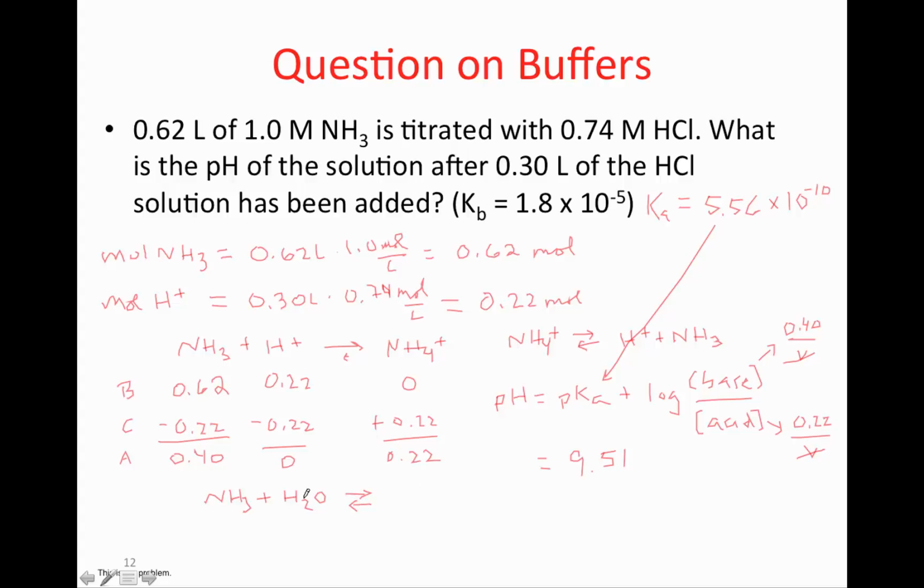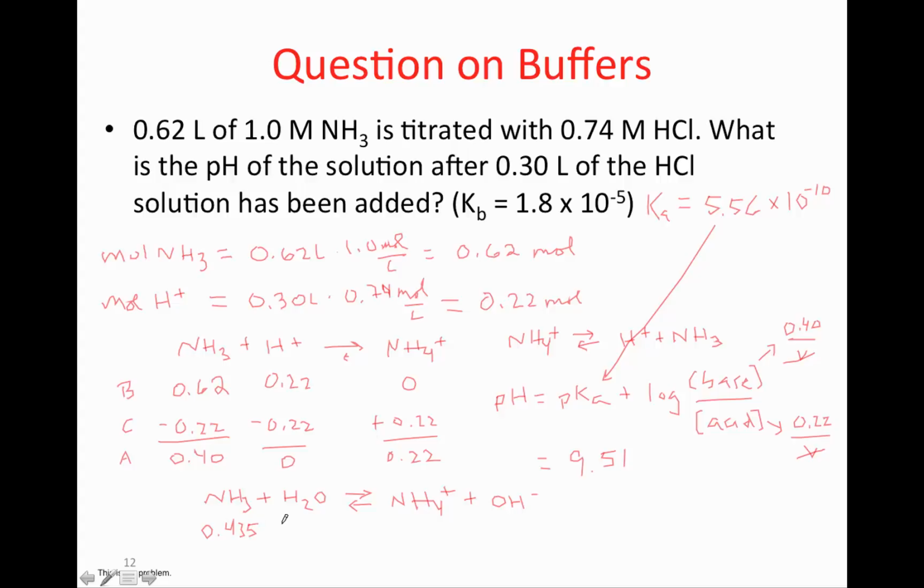And so we've got ammonia acting as a weak base. Every once in a while it will pluck off a proton from water. It gives me ammonium plus OH minus here. Let's see, what are my concentrations of my species? Now we should probably actually do this in terms of concentration. So I've got 0.4 divided by what's my volume? Well, my volume is 0.62 plus 0.3, so 0.92. So I have 0.4 divided by 0.92,